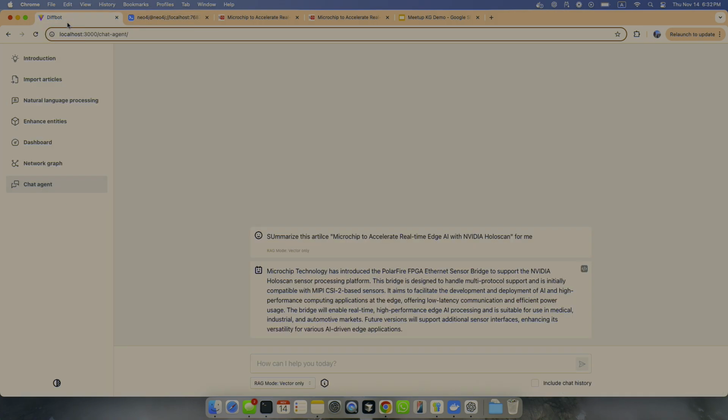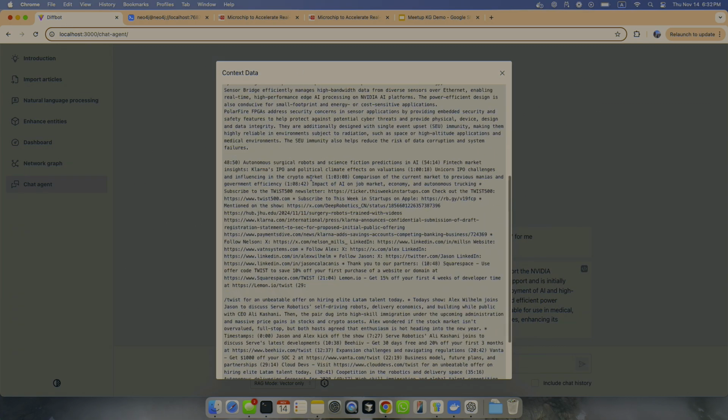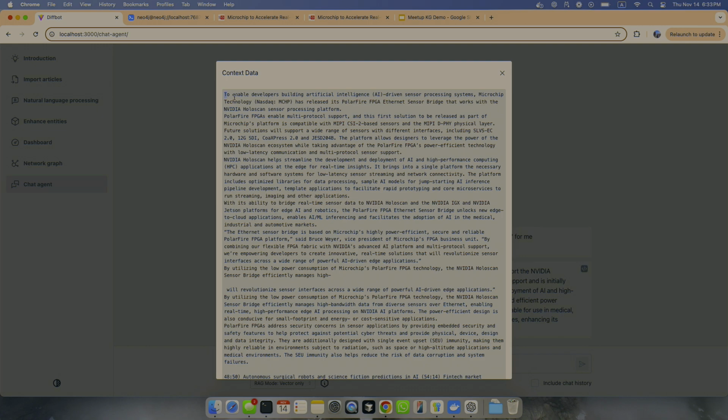And how do I know this summarization is pulling exactly the right place? If I click on this, this is the context data, and you can see this entire article is literally here.